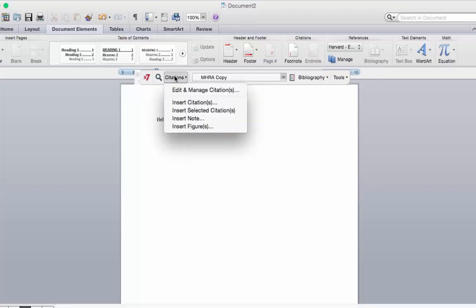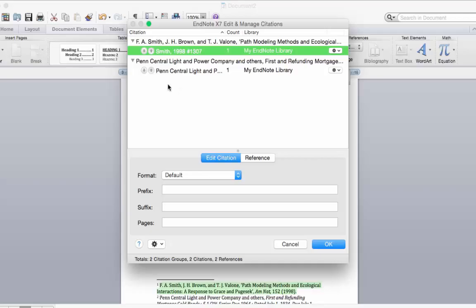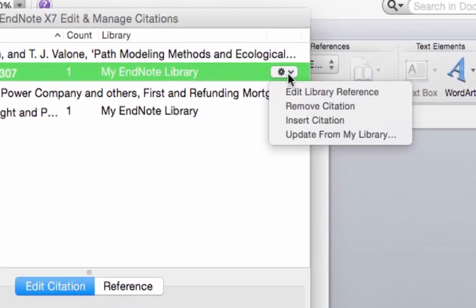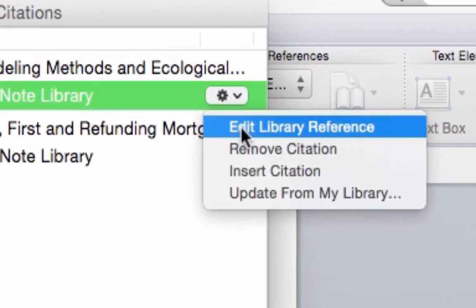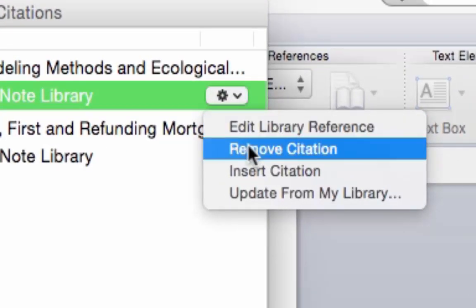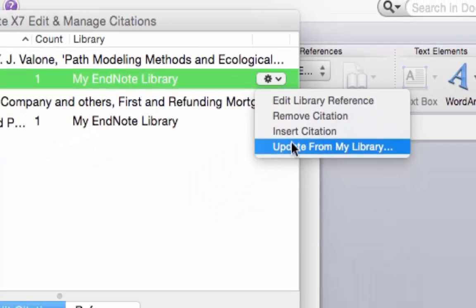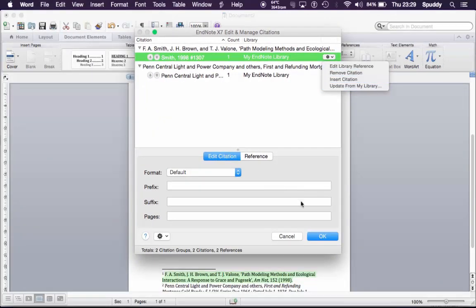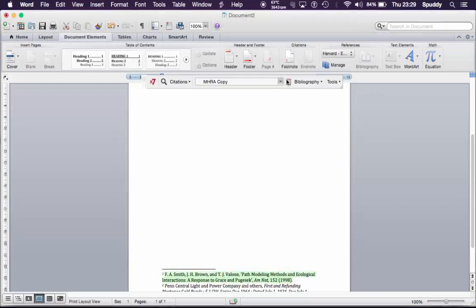Also, this little toolbar, you've got citations, so you can edit and manage citations. So if you tap that, it shows all your citations that you've actually added in your references, so then you can edit them. For example, click here, you can edit library reference, you can remove the citation, insert it, or update my library. I'm going to click OK, because one thing I didn't show you, which I'm going to show you now, I'm going to click on and change it to Harvard,